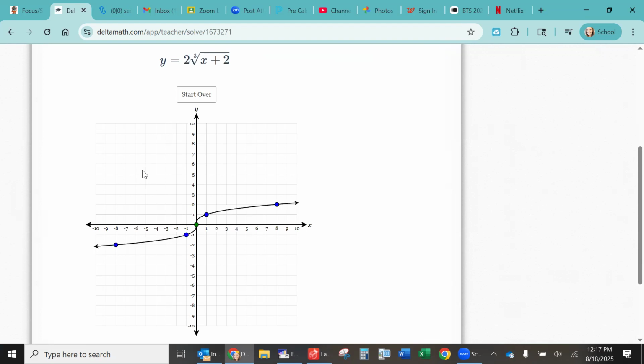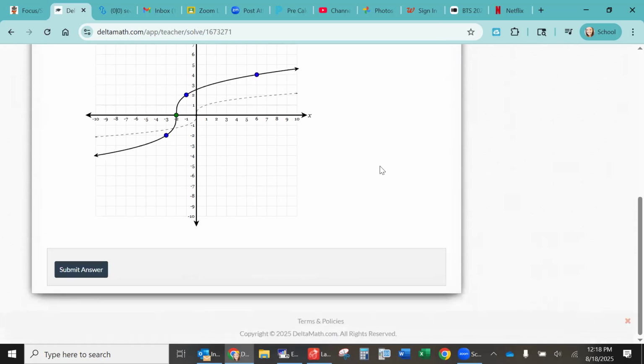Okay, ninth question, if you want to do one together. What does the 2 in the front do to my graph? Vertical what? Stretch. So you're going to take this blue dot at 1, you're going to stretch it vertically to 2. Now, you can't also let it wander to the side. You can only pull it up or down. So make sure that your blue dot doesn't start floating off to the side. It has to be up to 2. Okay, then what does the +2 in here do? To the left too. And which dot do we grab for that? Green. Okay, so it should look like that. Okay, that is the 9th question.